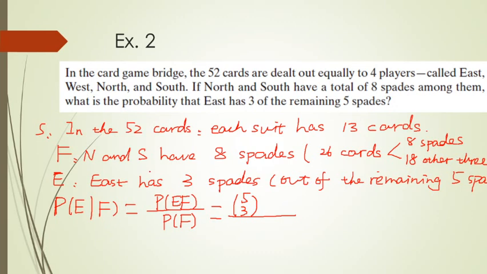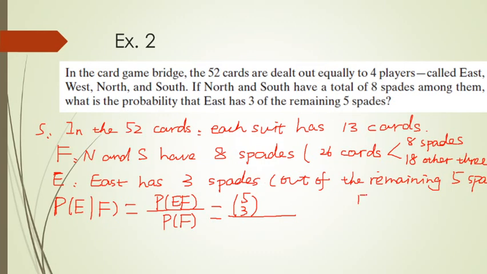And when we remove the north and south 26 cards, for the east and west players, out of event F, we still have another 26 cards. But how about those 26 cards? Those 26 cards for east and west will be 5 spades plus